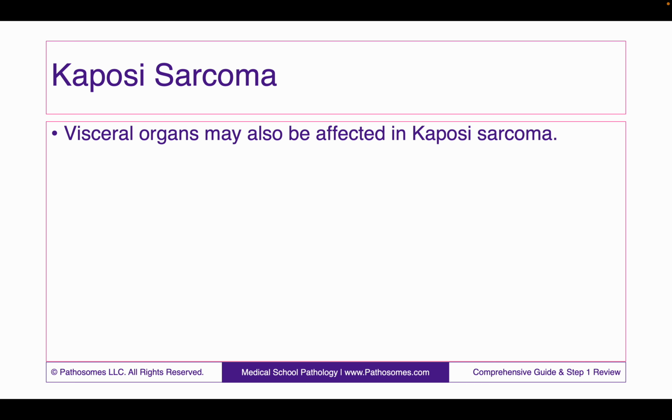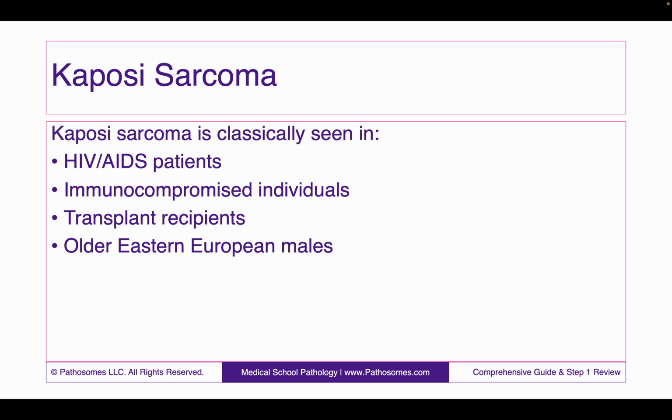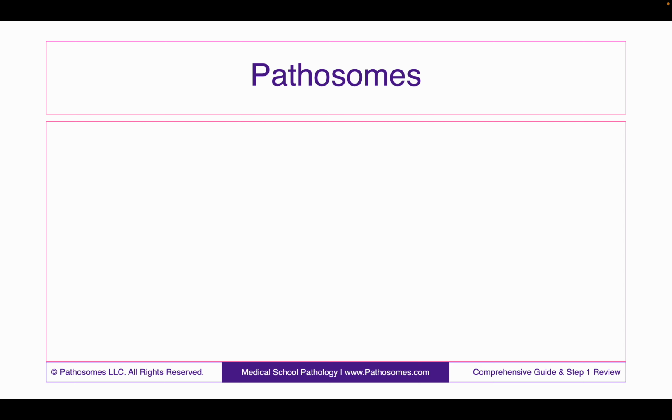Visceral organs may also be affected in Kaposi Sarcoma. And Kaposi Sarcoma is classically seen in HIV/AIDS patients, immunocompromised individuals, transplant recipients, right, because they need to be immunosuppressed, i.e. immunocompromised to a degree, as well as, for some reason, older Eastern European males. And with that,